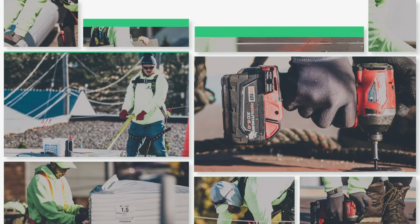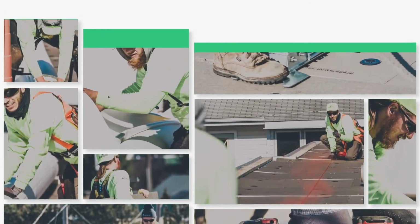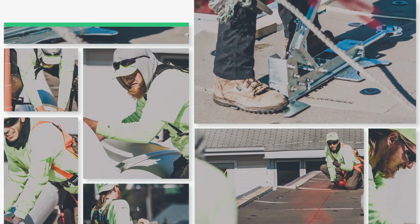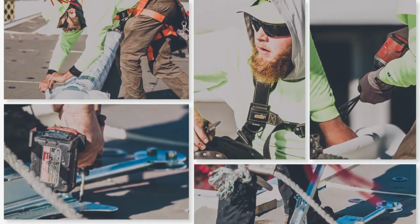A skilled roofing crew is a contractor's biggest asset. Finding, training, and retaining a crew can be a continuous struggle. Duro-Last understands that struggle. Our custom fabrication and Duro-Bond induction welding systems were designed to help contractors do more with